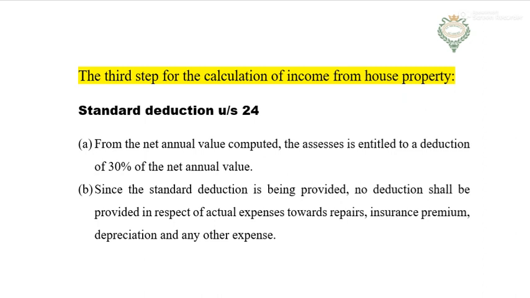So what does the income tax officer do? Income tax officer, he fixes a percentage. He says that if you don't trust me, then I'll allow you 30% of deduction from the net annual value every year for the depreciation, maintenance, and other expenses for repairs or renovation that you incur. For those expenses, I'll allow you a 30% deduction on the net annual value.